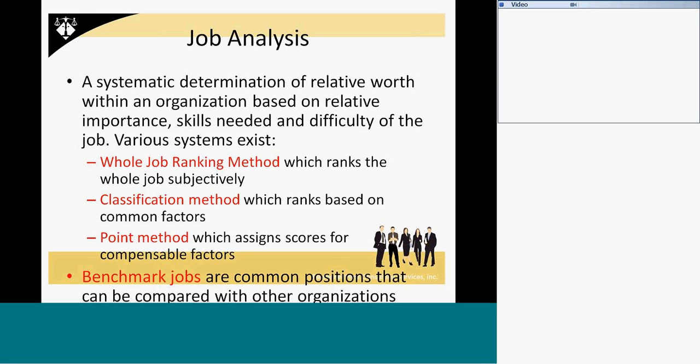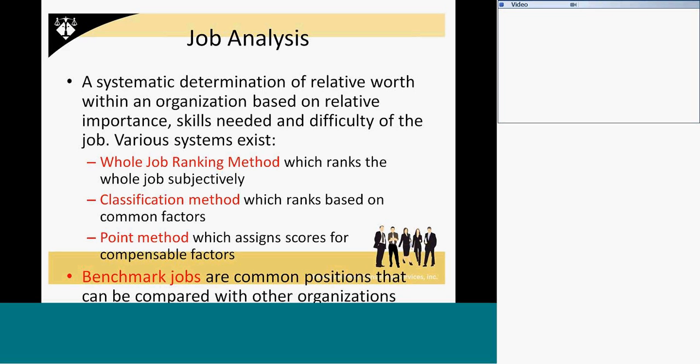Qualification method is where you look at specific attributes of the job. Specific attributes might be: do they supervise, yes or no? If they supervise, how many people do they supervise? What's the difficulty of the task performed? What's the nature of the work hardships? Do they have to work in a dangerous circumstance, or is it in a relatively comfortable internal office kind of